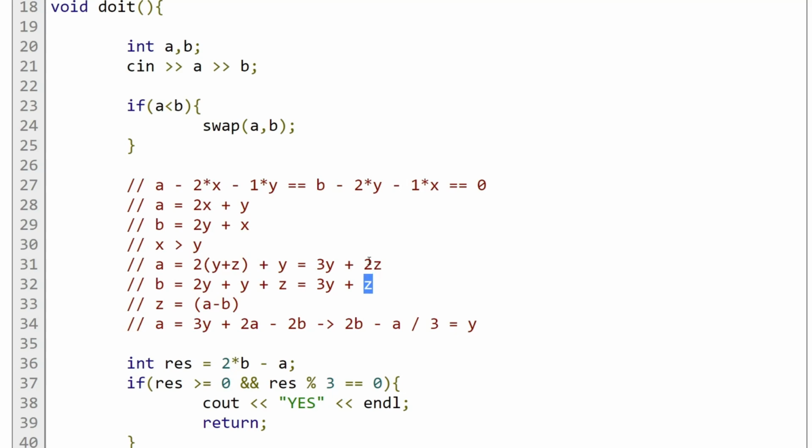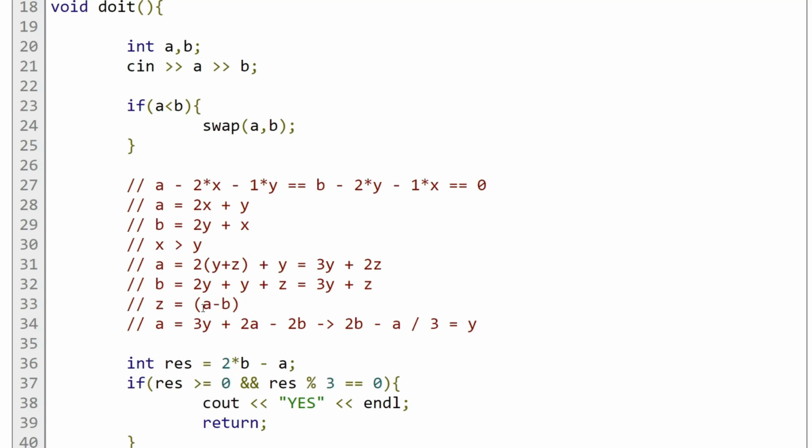So if we subtract this equation from this equation, we see that a minus b will be equal to essentially just 1z, okay? So a has this extra z in its value essentially, okay? So z equals a minus b